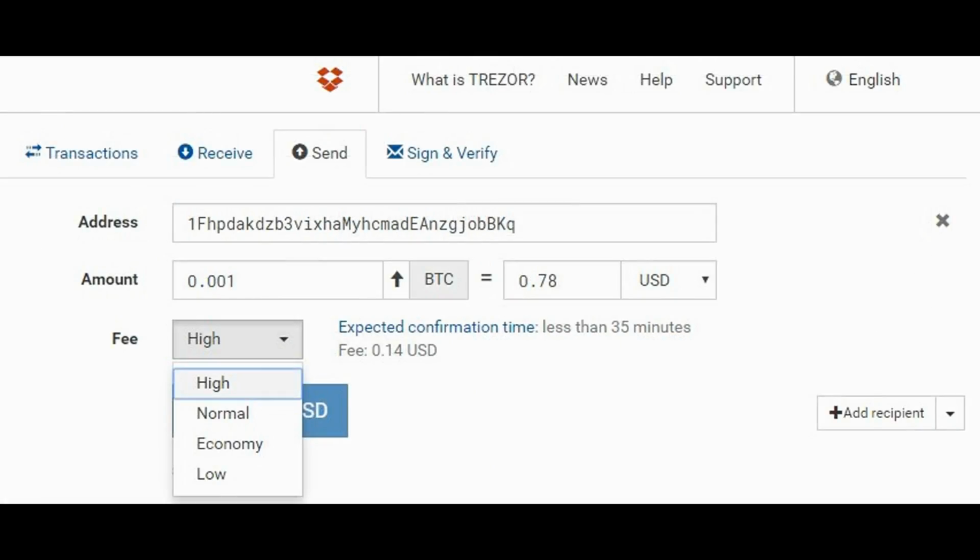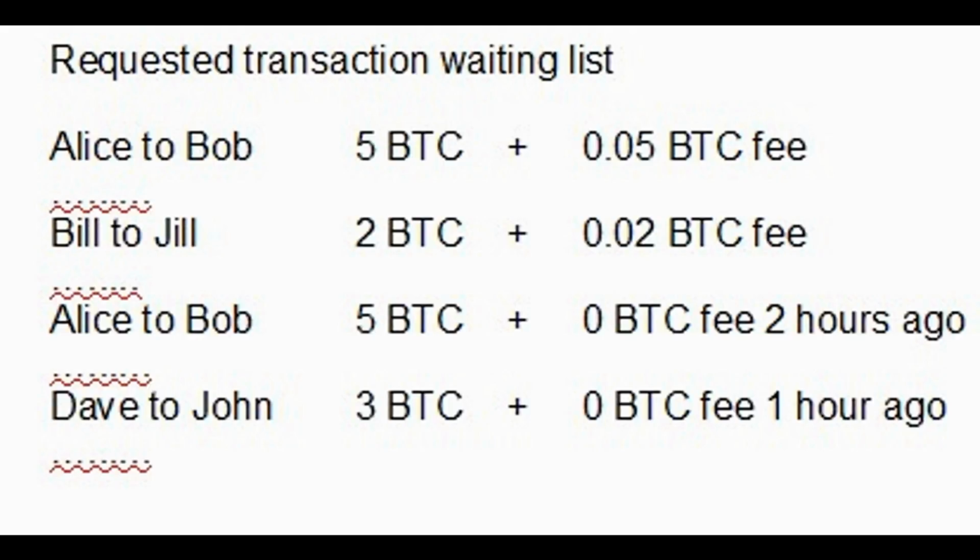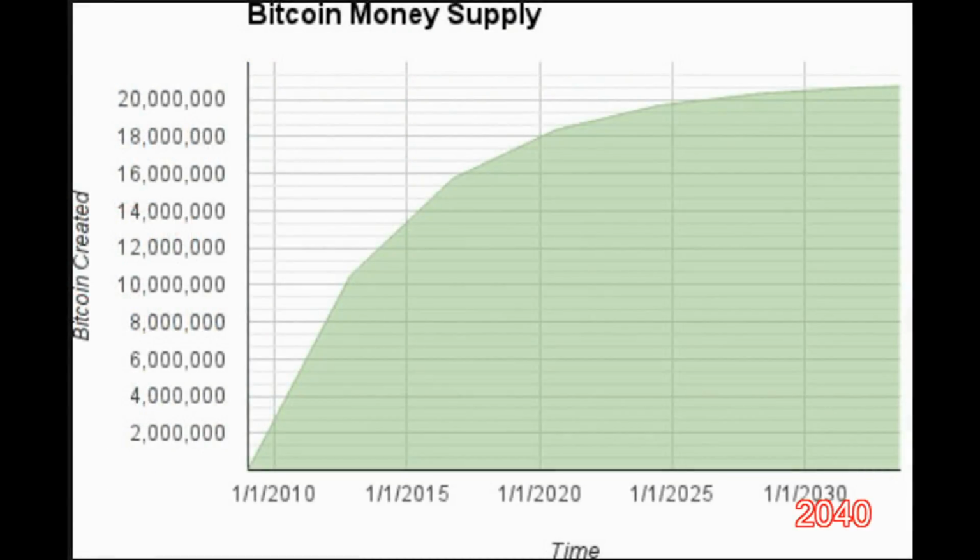Miners include transactions with the highest transaction fees first to increase their potential reward. At present, the reward of newly issued created Bitcoins for each block is much higher than the transaction fees in the block. In the future, as the amount of newly issued Bitcoins decreases, the adoption and use of Bitcoin transactions increases, then the reward from transaction fees will play a greater and greater role. In the year 2040, there will not be any more Bitcoins created and issued, and rewards will be 100% from